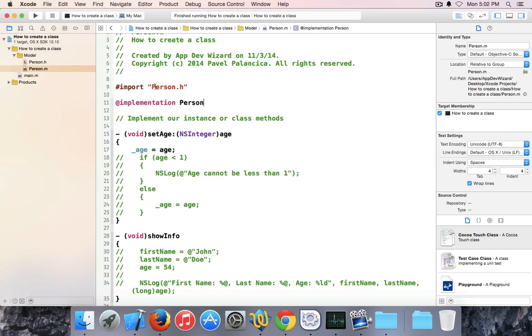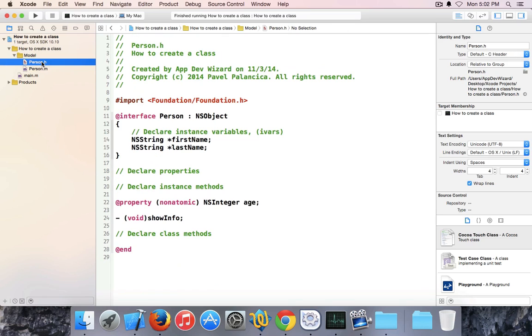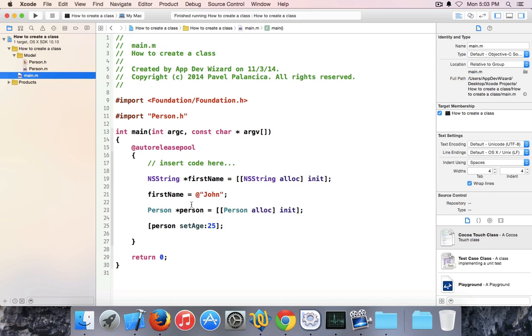Depends on your choice. And because we now have a property, we don't declare any instance method like setter and getter. The compiler will do everything for us. We can use something called the dot syntax. For example, instead of this line we can say person dot age equals 25,